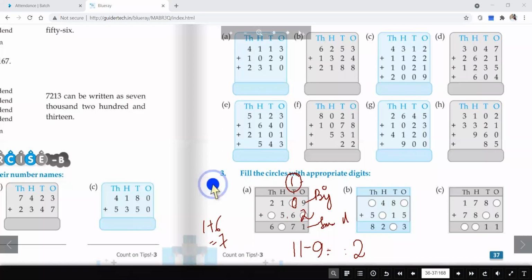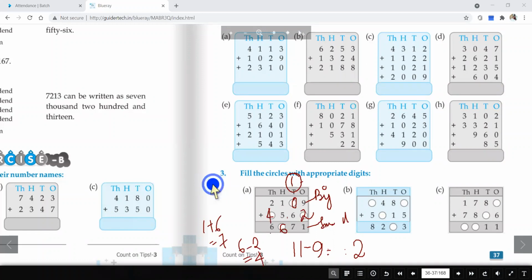That is why we will place 0 over here. Okay, so this part is done. Now it's very easy. 5 plus 1, it will be 6. We will write 6. And this part is the 1000 part. This one is also very easy. This part here, from 6 we will minus 2, it will come as 4.